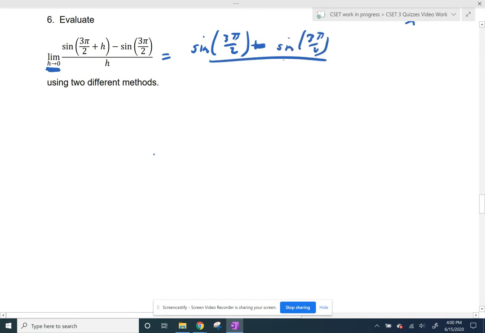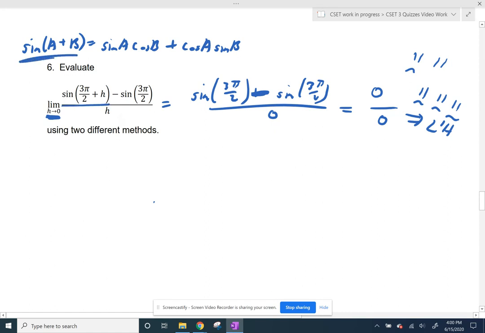halves, and then if h is 0, we have got over 0, and sine of 3 pi halves minus sine of 3 pi halves, that's 0 over 0. So this is an indeterminate form. It's not very happy. In fact, it triggers L'Hopital's rule, which is going to be the other way I'm going to solve this later. But for right now, let's pretend you didn't know L'Hopital's rule and you still wanted to solve this. There is yet another way, and that is with your